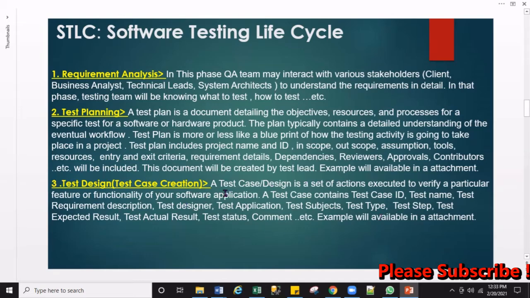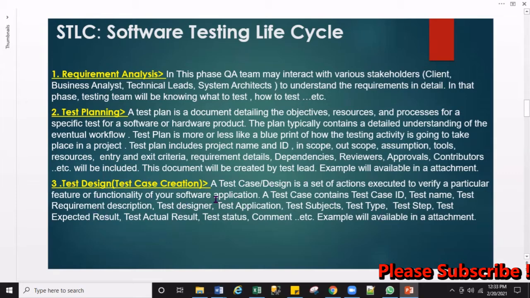Let's understand number three. Once a test plan document is created and sent to the business analyst or product owner or test manager, and they approve, approve means they agree that yes, these are the things that the testing team is going to test.